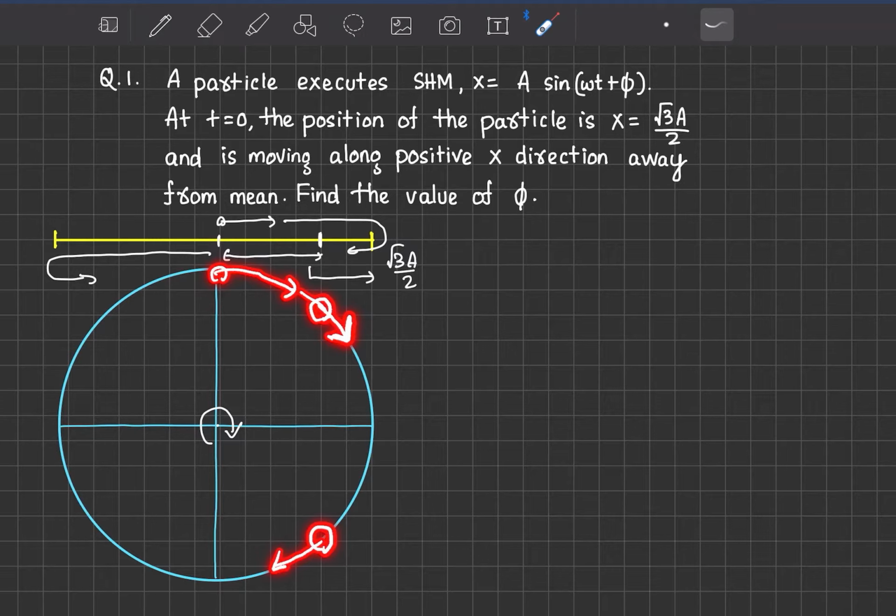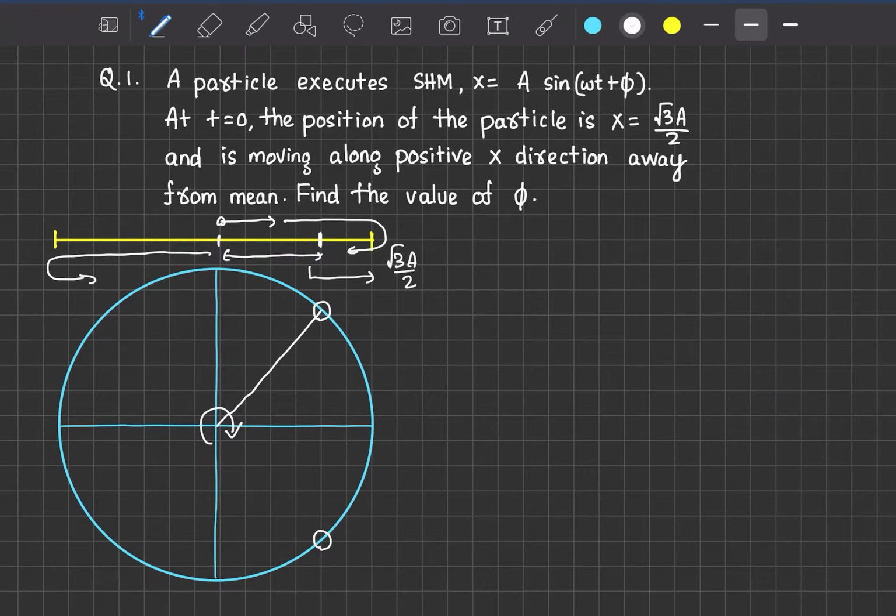So which one corresponds to the velocity of the shadow in the positive x direction? In our data the shadow should move towards right, and here the point P is moving this way and the lower point is moving this way. So we can match that this is matching to this data, right? If point P is moving this way, then its shadow will be moving towards right. So the position of point P, this one, is matching our data of the problem. So we got that the real position of point P is here.